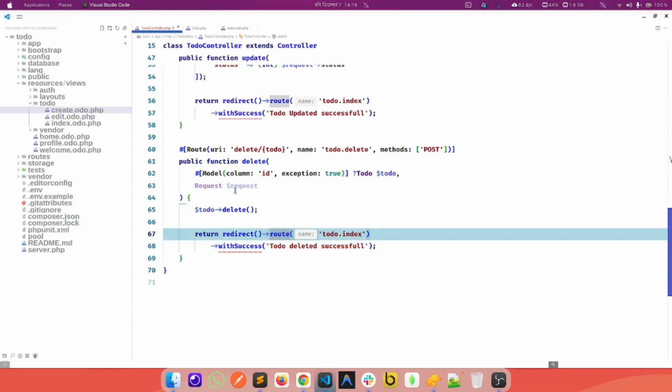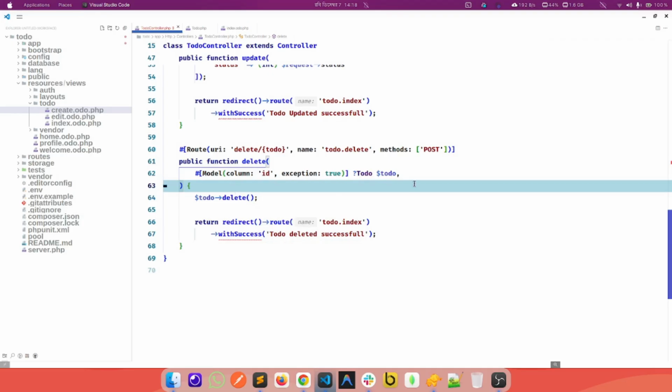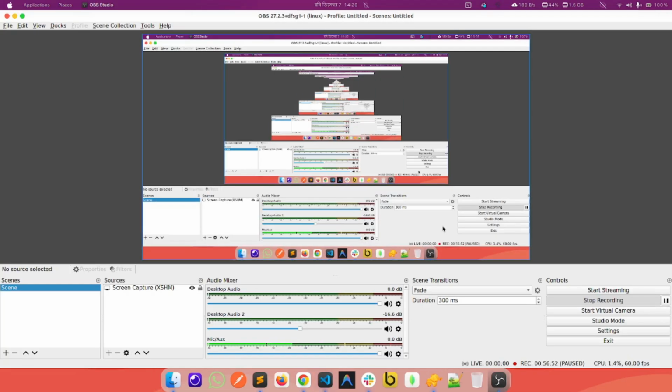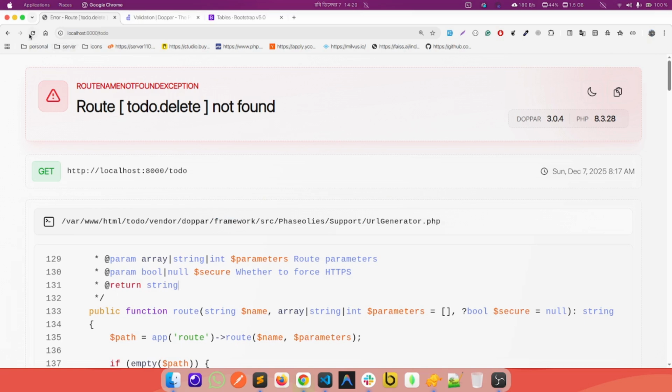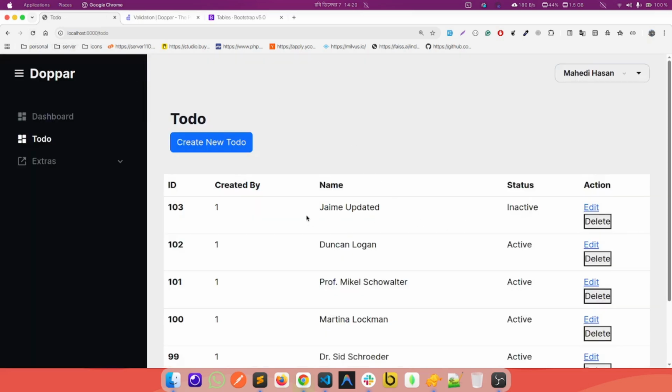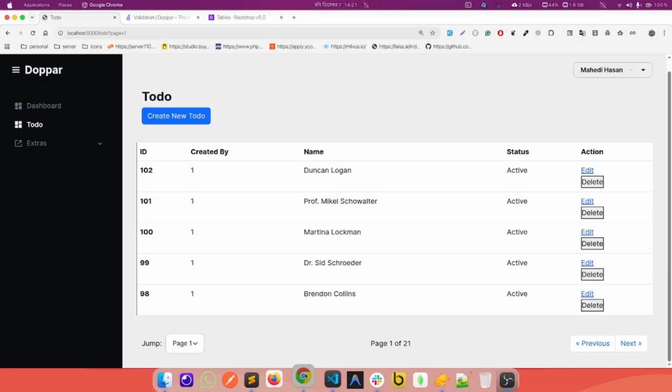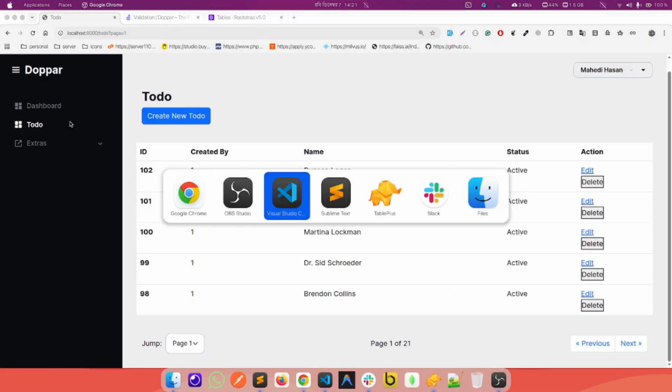And if we can remove the request. Now let's send the request again, and yes, our data is deleted. We are going to delete the Jamie. Now yes, our Jamie is deleted. Now what we can do, our next part is